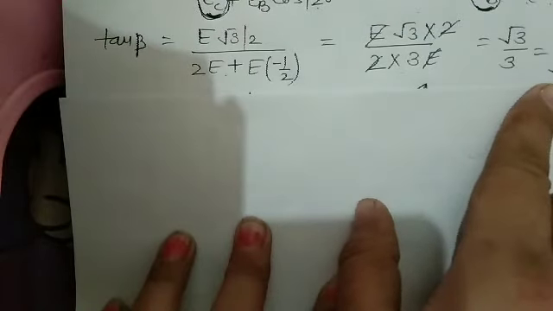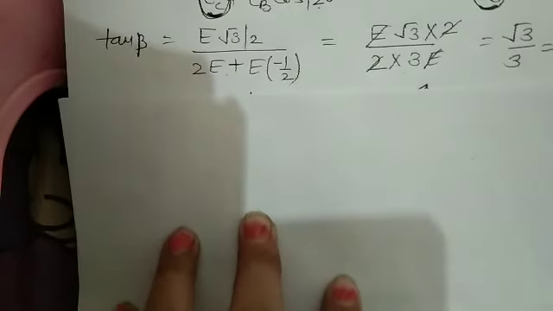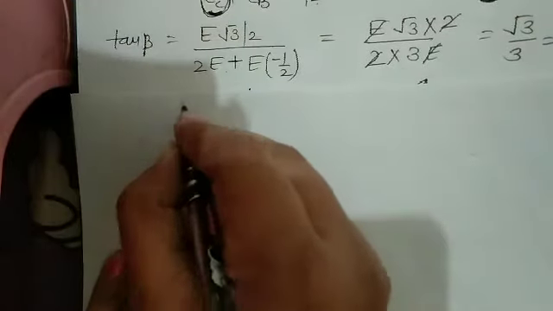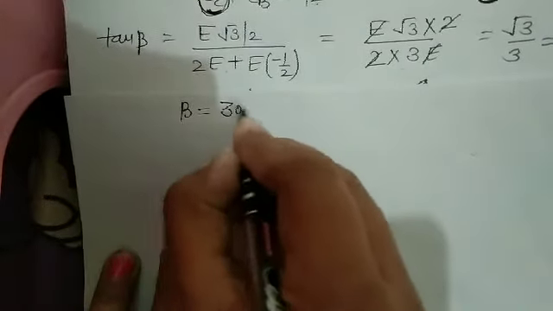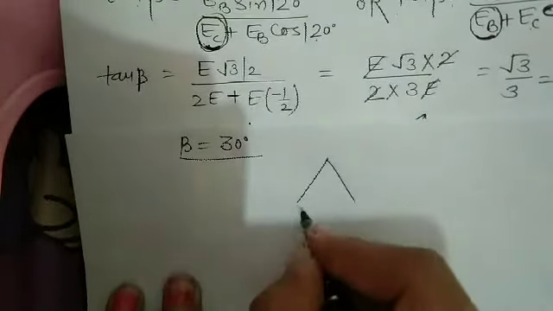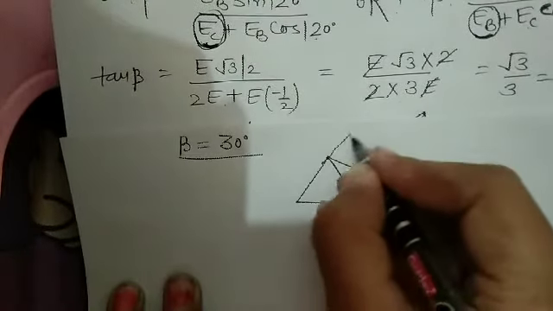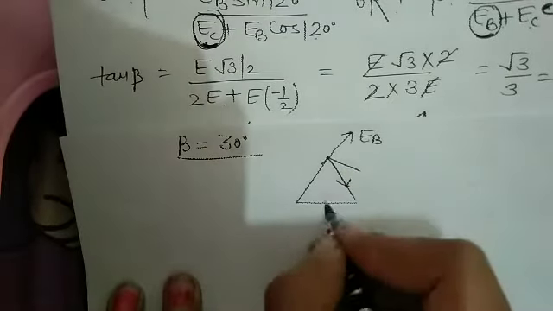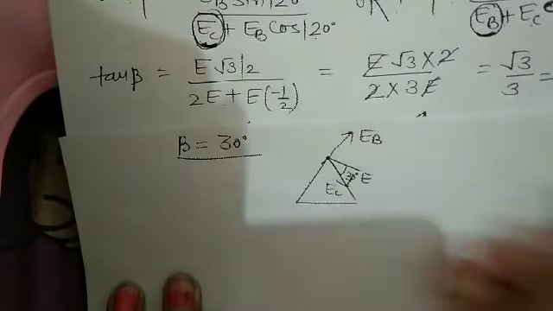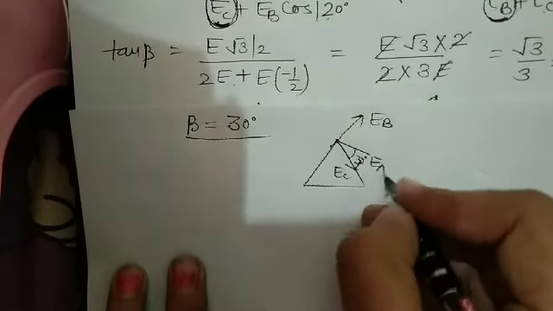In the table of tangent, the result 1 by root 3 is at which angle? That is at an angle of 30 degree. It means the resultant is making an angle of 30 degree. Beta equals 30 degree. It means I have calculated with EC. It means the resultant of electric field is making an angle of 30 degree. It was our EB, it was our EC, and the resultant is making an angle of 30 degree. So we have found the magnitude as well as direction of the resultant electric field at point A in our given numerical.